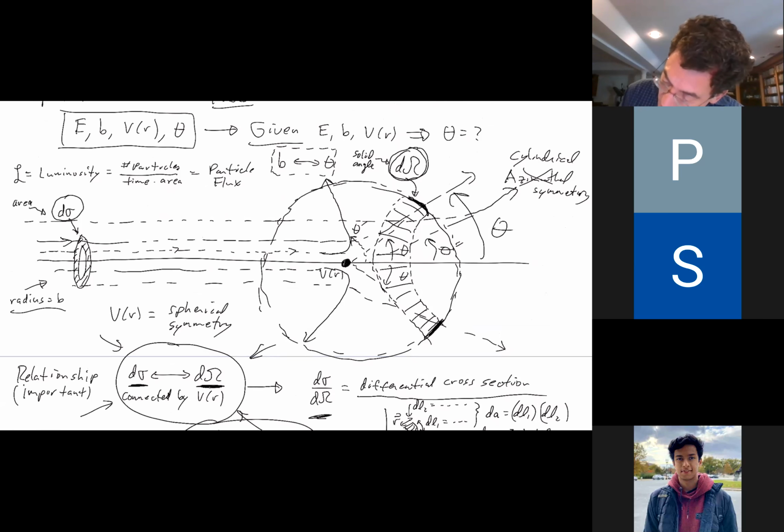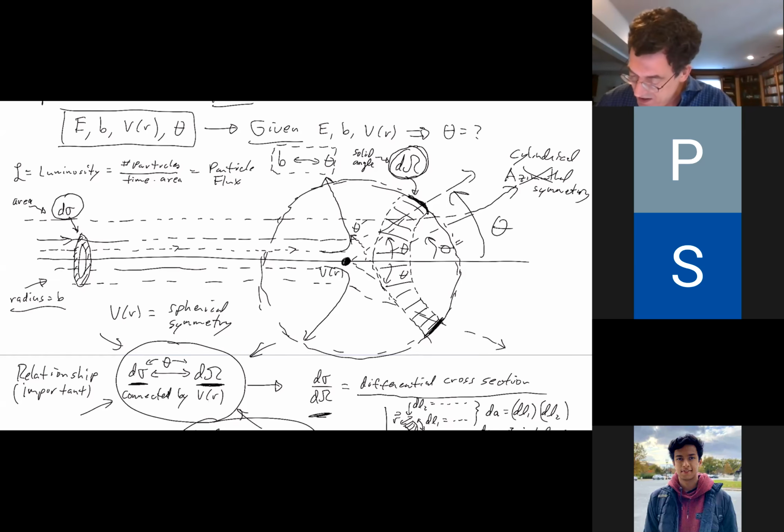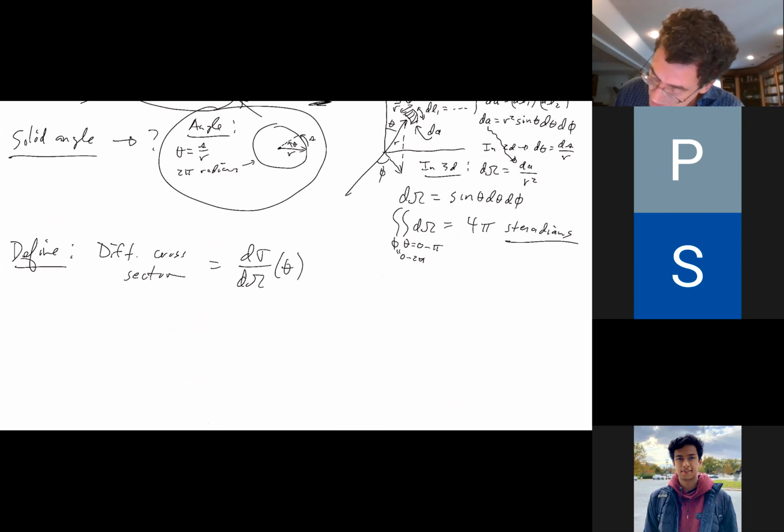And so dσ and dΩ are connected. There's an angle theta, because if I have a different dσ, I'm going to have a different dΩ for a different theta. They're connected. So this ratio dσ/dΩ is a function of theta. And so then what I can do is I can define,